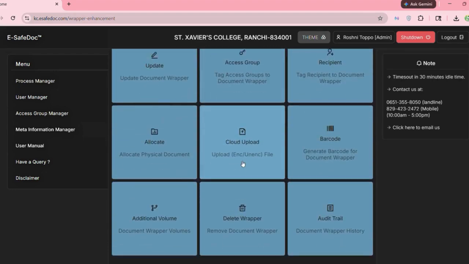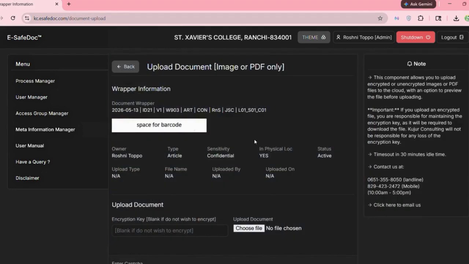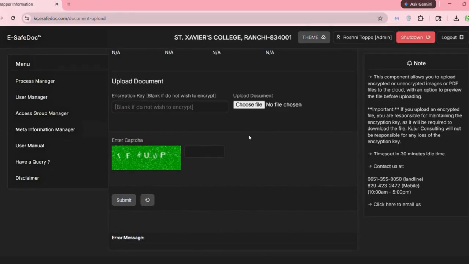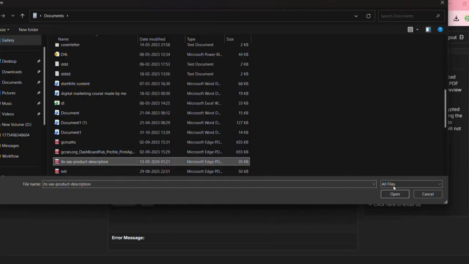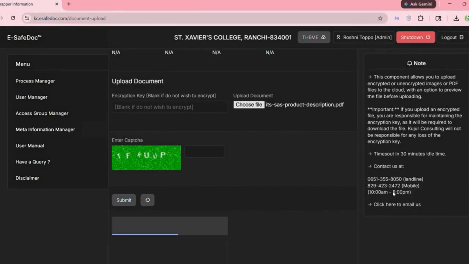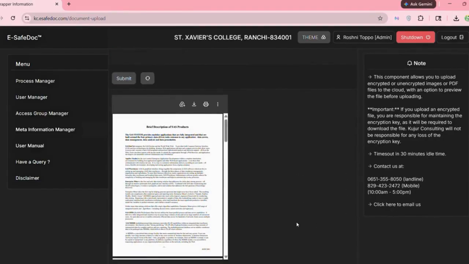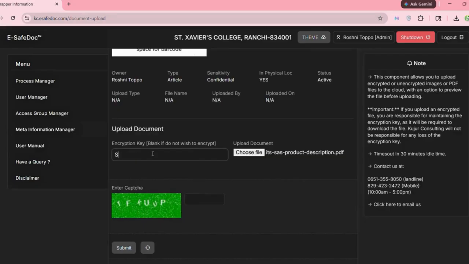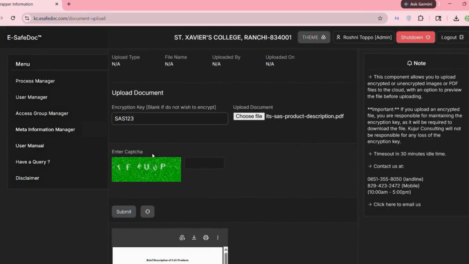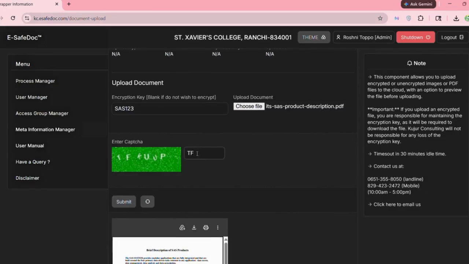You can then securely deploy your files to the cloud using our client-side encryption. You can upload the document. When you upload the document, you'll also see the preview of the document, so that you know what you are uploading. You can encrypt the document with the key. You will only hold the keys, we never see your data.